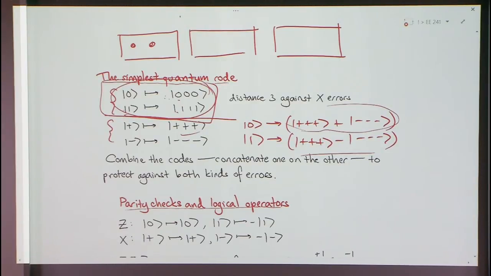Sort of trivial, maybe. So we have 9 qubits. They're arranged in 3 groups of 3. Say you have an X error on this first block of 3. So how do you recover this 9-qubit code? What you do is you apply the recovery procedure for this code to each of these 3 blocks separately.